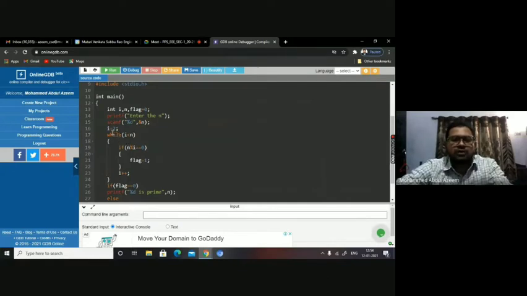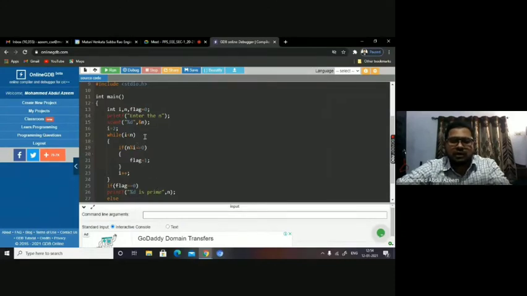So you are taking all the set of values in I, starting from 2 till n minus 1, every time being incremented before you go for the next iteration, and you are checking the division operation. You are dividing n with all such I, and you are checking whether the remainder is 0. It should not be 0 in any case for prime. So this is false for all the cases. Then flag will be 0 itself when you come out of the loop. So you say it is prime.